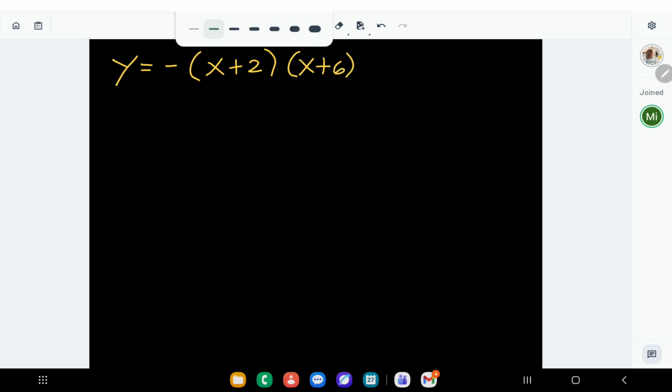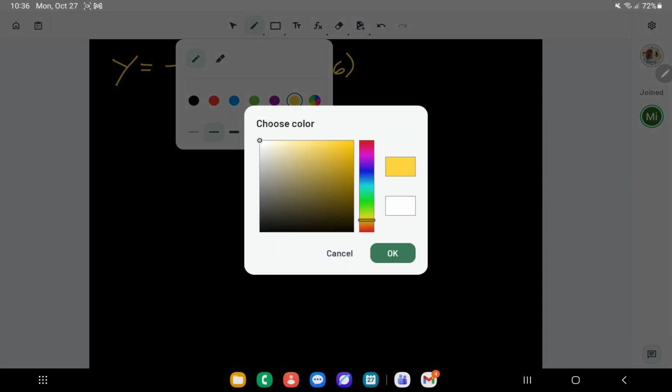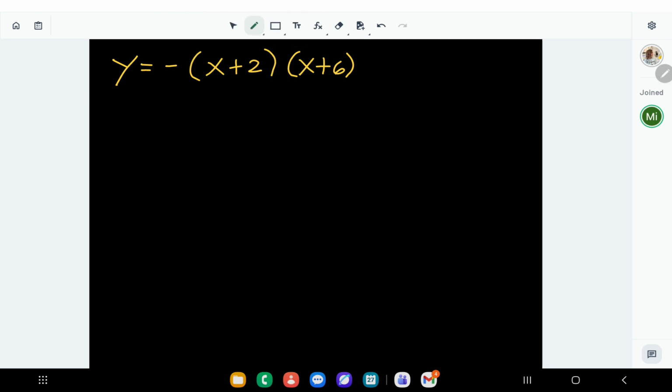So we're given the function y equals negative (x plus 2)(x plus 6). So this is in factored form again, right? We have a negative 1 in front of the function, so that means the graph opens downwards. Then these are the x-intercepts. So x-intercepts, we have (2, 0) and (6, 0). And the vertex here,